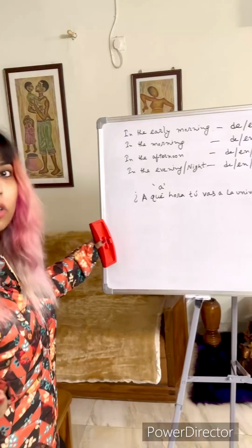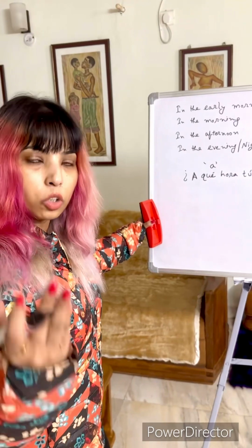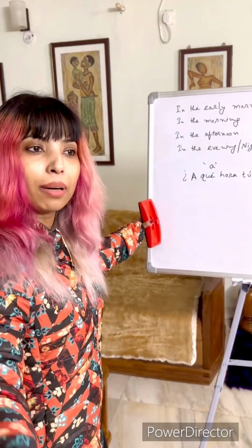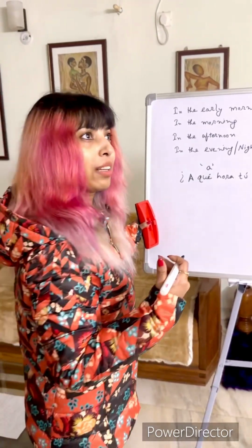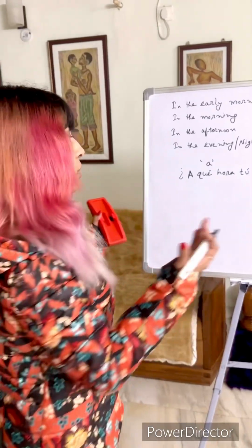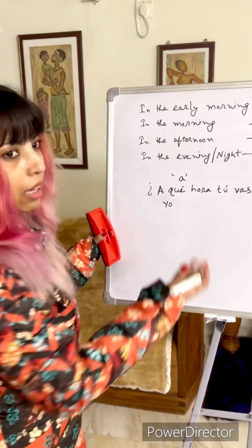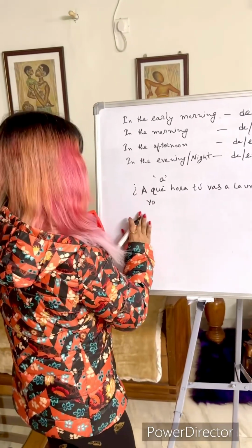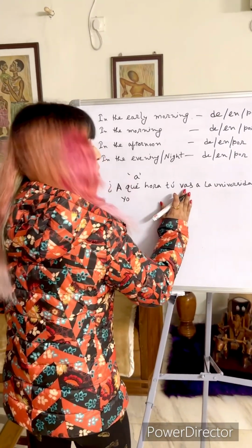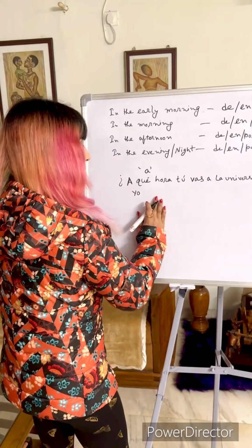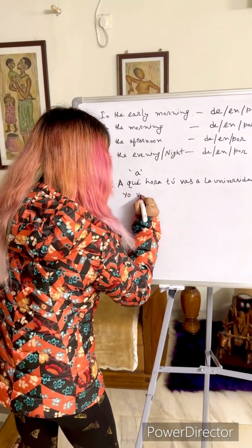Whenever I am asking you at what time you do this or whatever the question is, I am going to use you, second person, because I am asking you, but you are supposed to answer in first person because you cannot use you for yourself. So your answer would be I. For I, the Spanish pronoun would be yo. I can leave out this yo, but I am using it for now. So yo means I, and then you use the first person form of conjugation of the verb. So yo voy